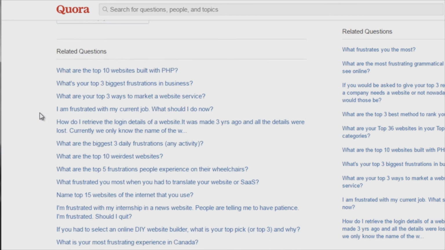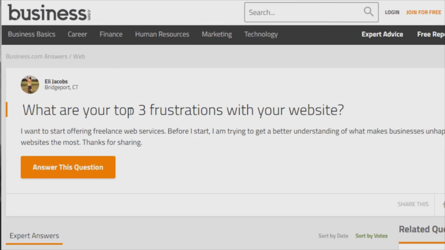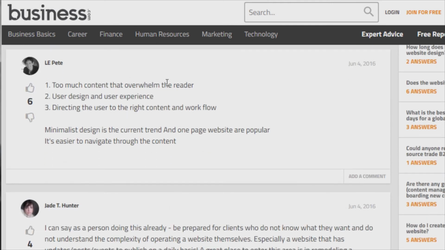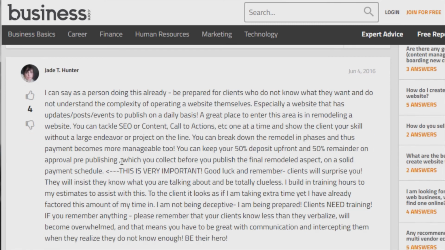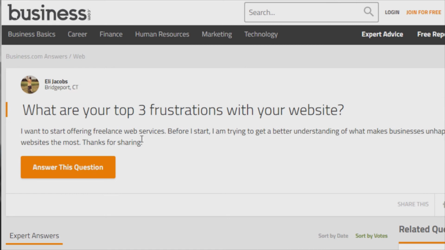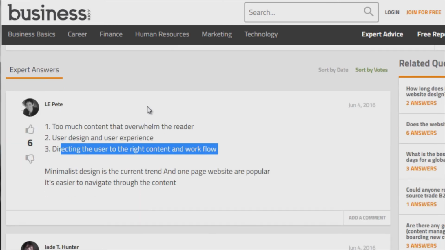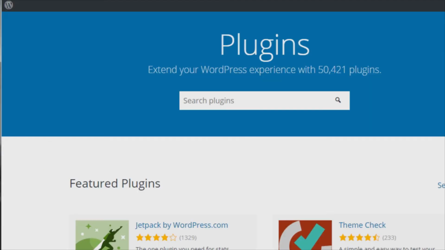And then we go down and let's look at a different article. What are your top 3 frustrations with your website? Too much content that overwhelms the reader, user design and user experience, directing the user to the right content, and workflow. So going through here, what you're looking for is a pattern. If you can see several people saying, I have problems because just finding fresh content is a big roadblock in my life. If you see tons of people saying that, the next thing you want to do is head on over to